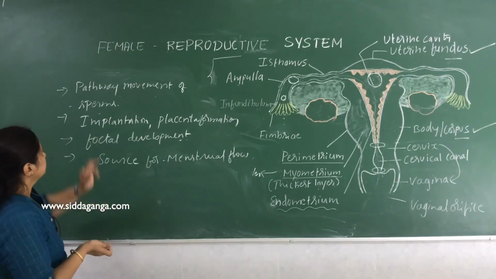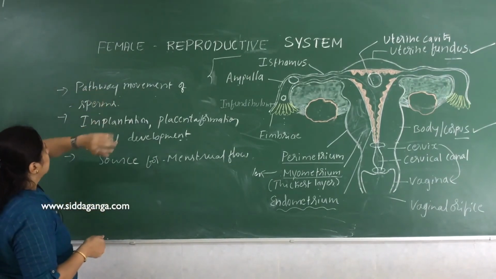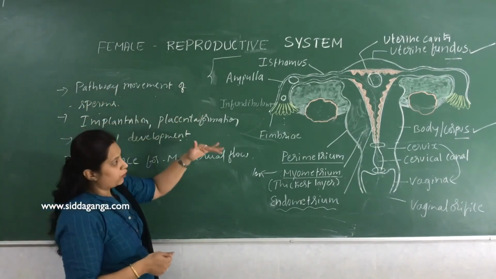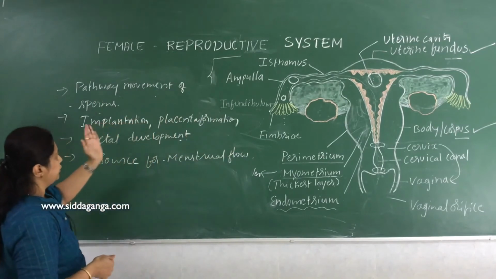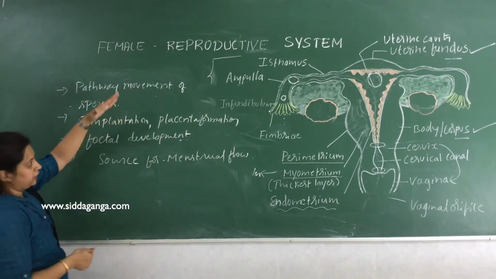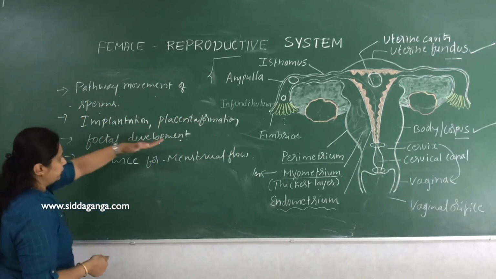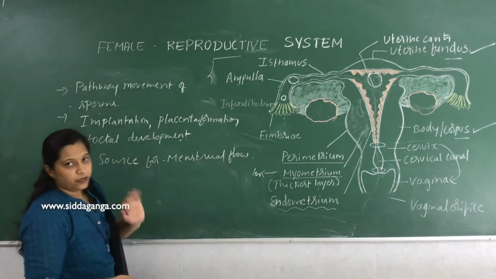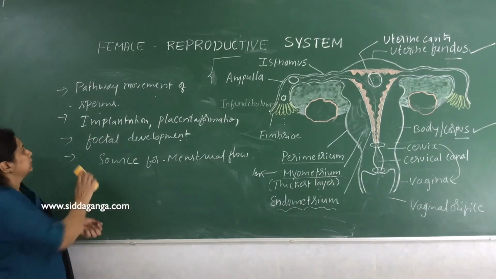Understood? Just recall. So what are the functions of uterus? It serves as a pathway for the movement of sperms towards the fallopian tube. It is a site for implantation, placenta formation, and fetal development, and is a source for menstrual flow. Understood clearly? Then next is